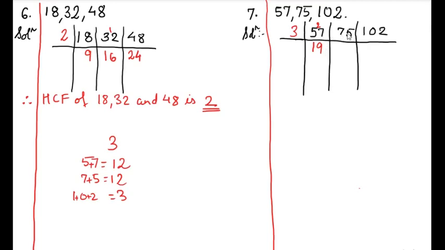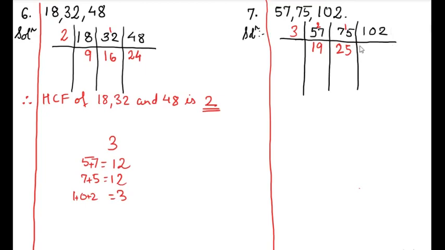Now we'll move on to the next number 75. So we will search for 7 in 3's table. We don't have 7 in 3's table, but a smaller number we have. What is that? 3 2s are 6. So we'll write here 3 2s are 6. We have 7 here. 7 minus 6, 1. That 1 we will write above 5. So it will be 15 now. Is 15 divisible by 3? Yes. 3 5s are 15. So children see, 3 25s are 75.